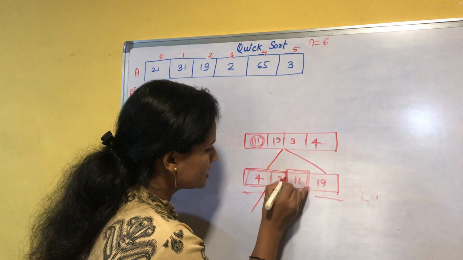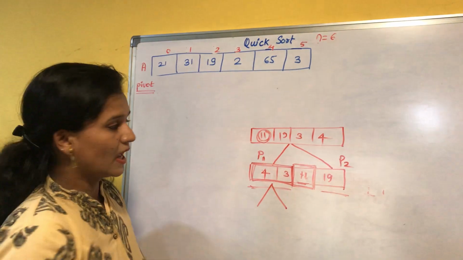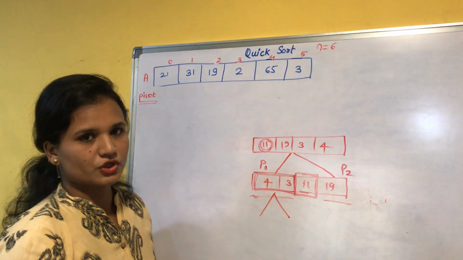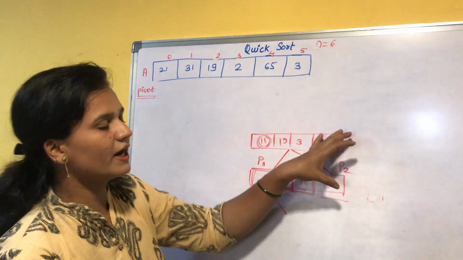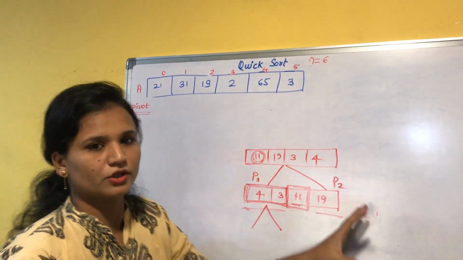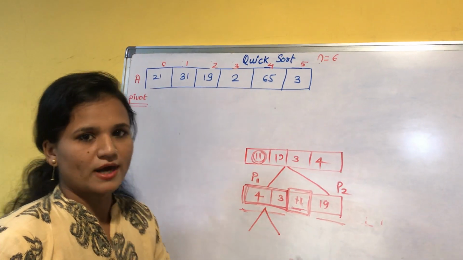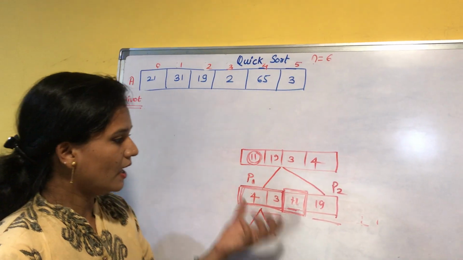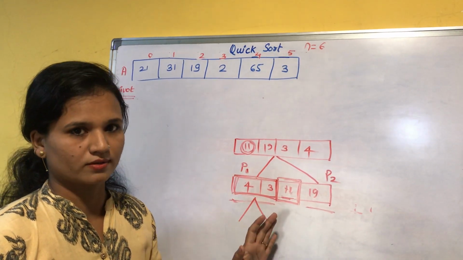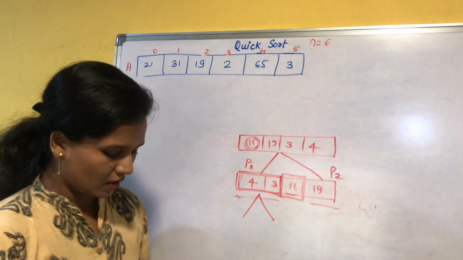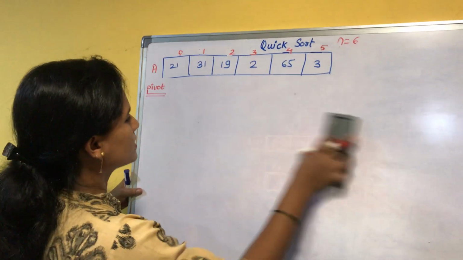So what is this? This is your partition 1 and this is your partition 2, and this procedure is called partitioning. So what we can say here is that in the quicksort algorithm we divide our array into 2 partitions, then those partitions are divided into another 2 partitions if required. And in each partition you will always get one element sorted for sure, and that is the pivot element. Now see how it works. This is the basic idea, and now see how it works.